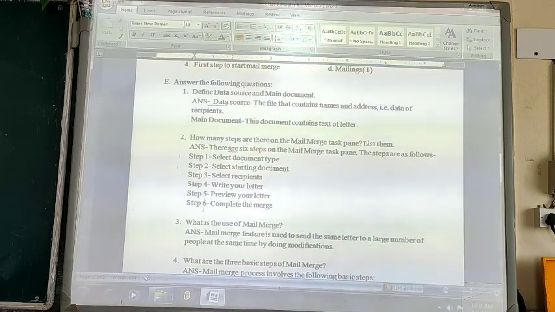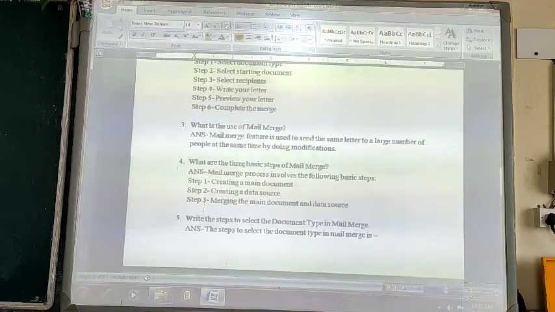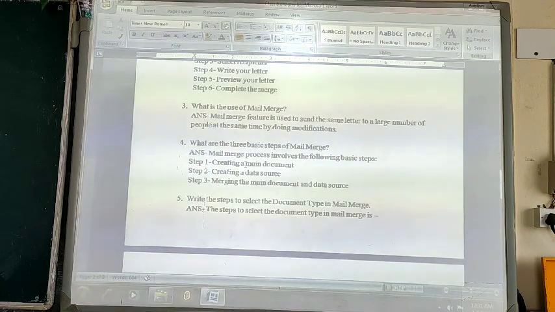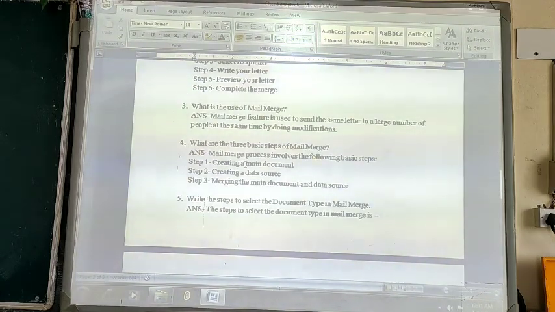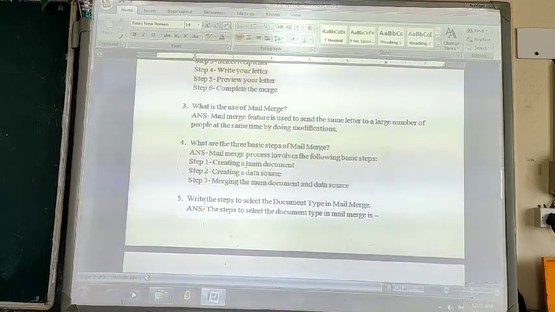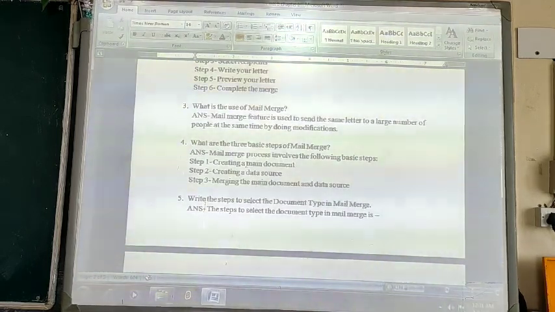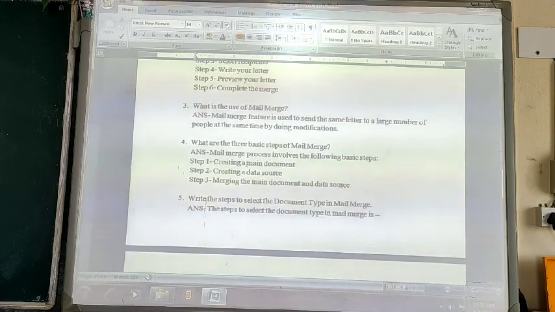The third question: what is the use of mail merge? The mail merge feature is used to send the same letter to a large number of people at the same time by making modifications.